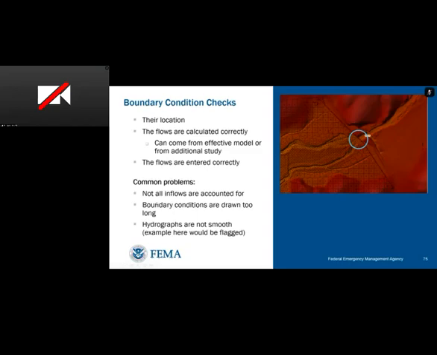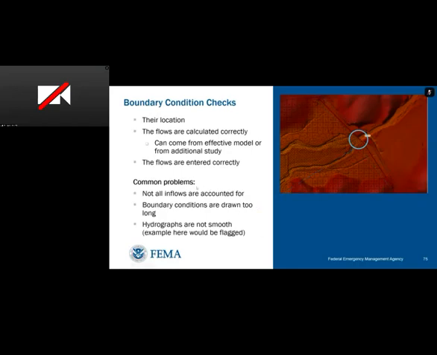So some of the things we frequently see are that not all inflows are accounted for. So with our 2D mesh, you have a very large study area. You're really likely going to have a main stem with several tributaries coming in. And they have to model all of those tributary inflows, and if they're not, then their narrative needs to very explicitly explain the thought process for that. We also commonly see